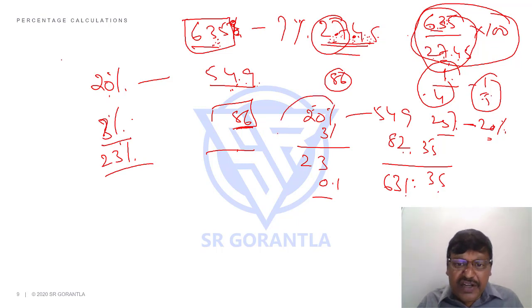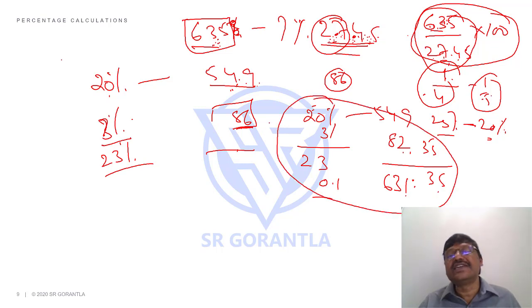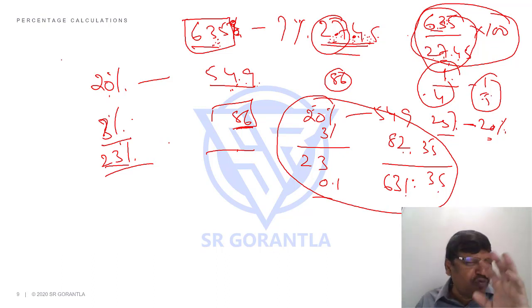But what I am saying, students, you don't need to do such close answers in the exam. Once you get 23, you know it should be a little more than 23. You can pick your answer. The problem only comes when the options are 23.1 and 23.2, which you very rarely get. If both 23.1 and 23.2 are there, then I'll calculate 23% exactly.